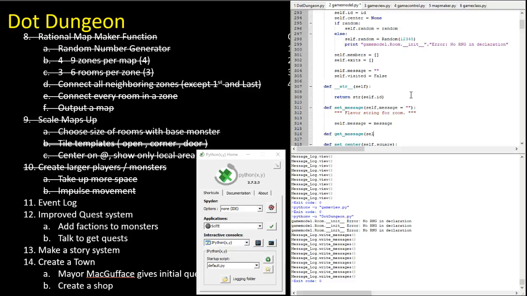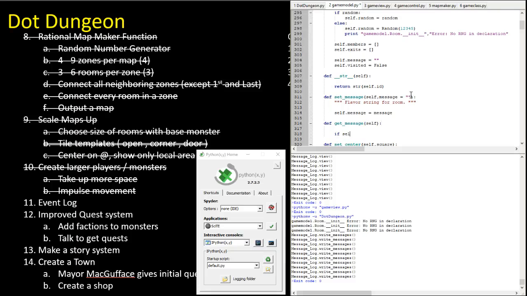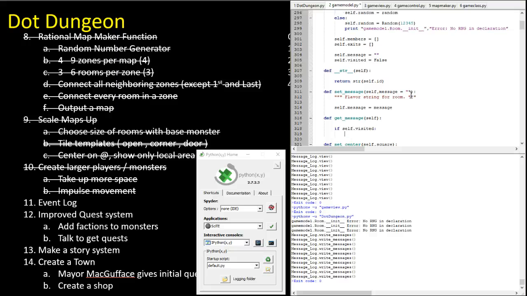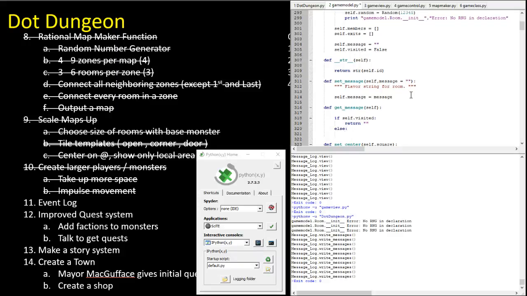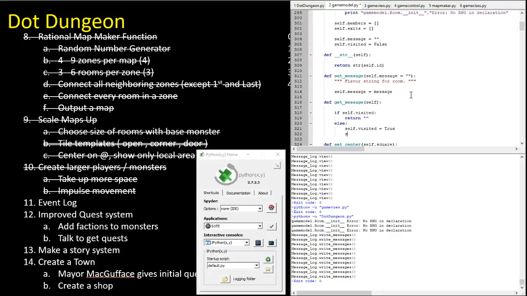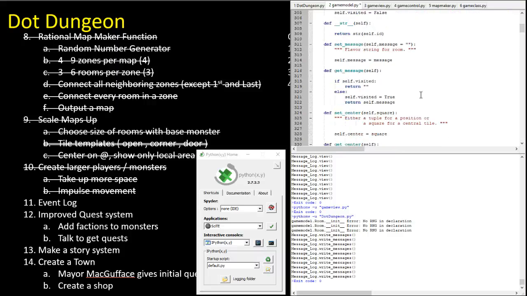Get message self, if self.visited return, else self.visited equals true, return self message. Okay. This way the room keeps track of whether or not the player's been there, and if he hasn't been there, he gets a message. That might not be the right thing, so we might want to